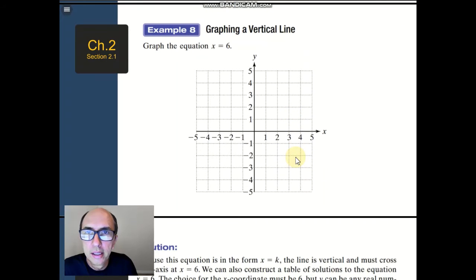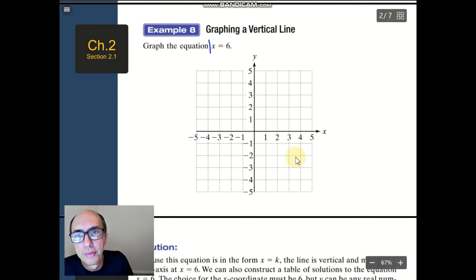And representing it in the graphic, in the rectangular coordinate system, we're going to represent it like this. If we have, for instance, x equals 6, let's go to the x-axis, find the x-axis right here. And 6 is going to be somewhere here, right? And the line that represents this equation is going to be a vertical line, passing through this point where x equals 6